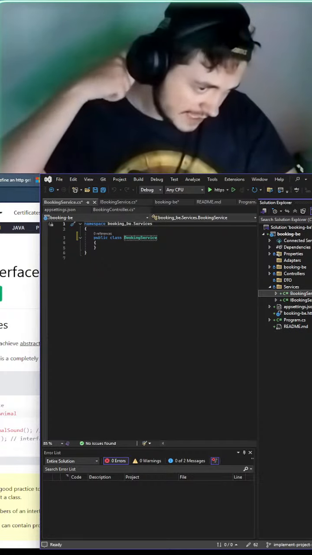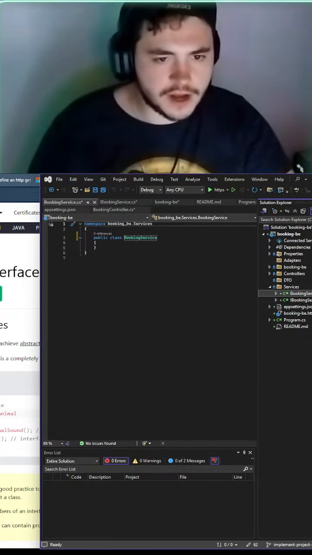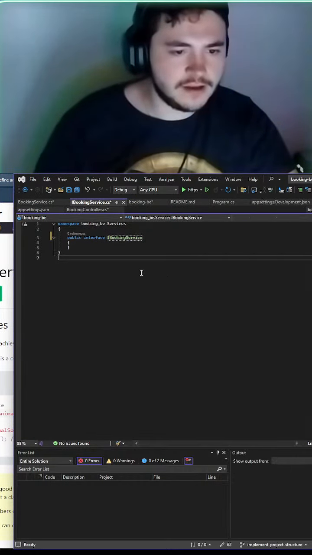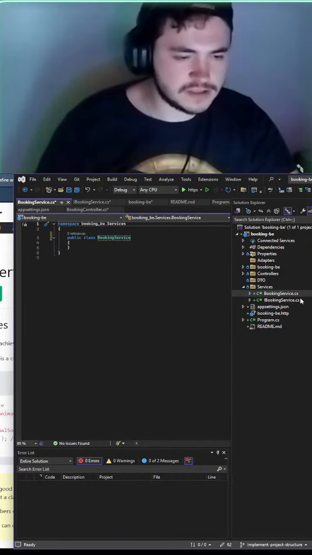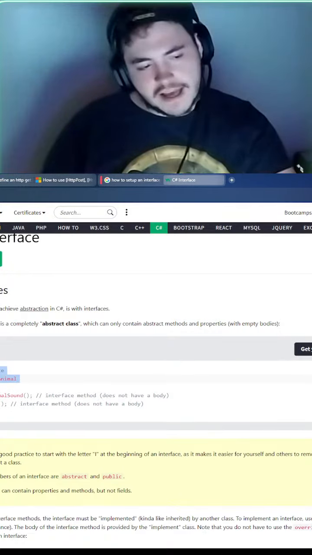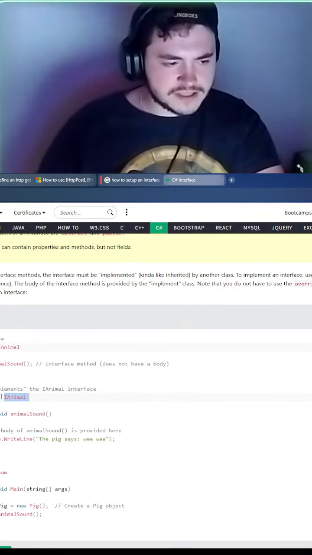Okay, so now let's look at how exactly this is going to work. What I want to be able to do now is look at my booking service, look at my actual service, and look at the documentation. So what does the documentation say? We define an interface now. Now I need to be able to extend something, right?